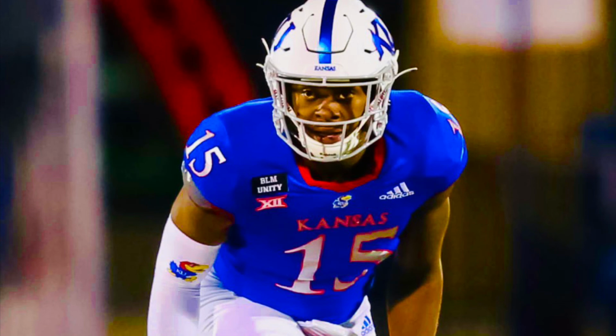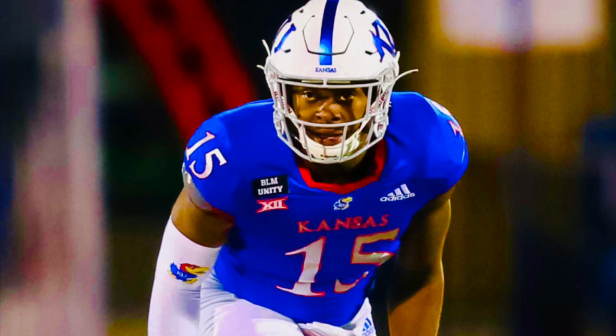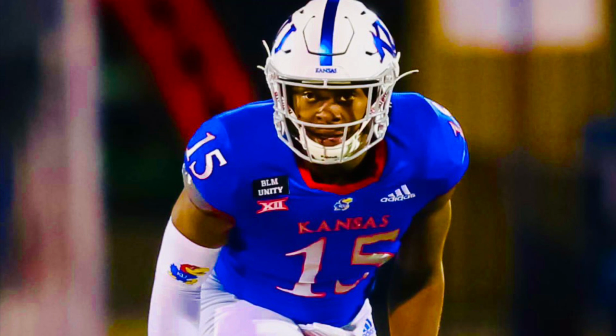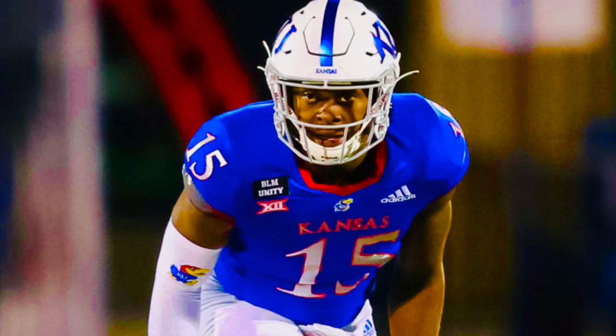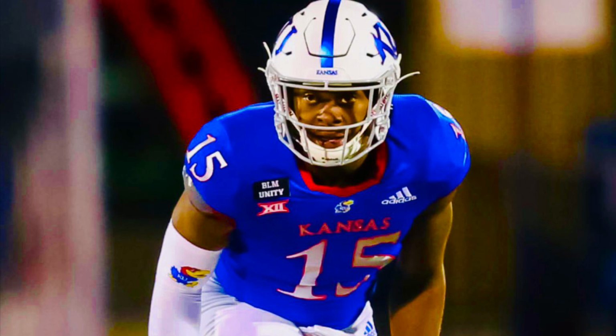Now, the thing I will say about Kyron Johnson is he had a couple of really good plays in the Senior Bowl. The thing is, he just has to finish. That's what he doesn't do. He doesn't finish. He's got to close a lot of plays out. He can show you flashes, but he won't finish. That's one thing I don't like about him. I like the fact that he'll give me a pop play. He'll excite you, but I've got to really completely see the full